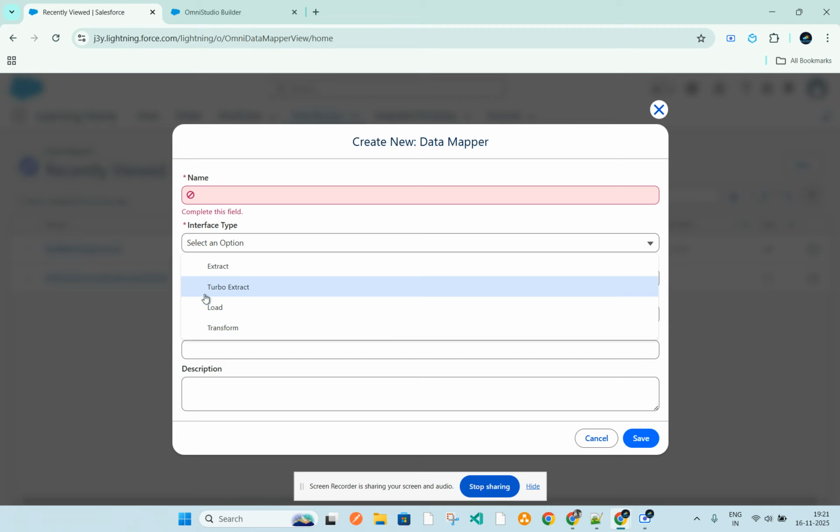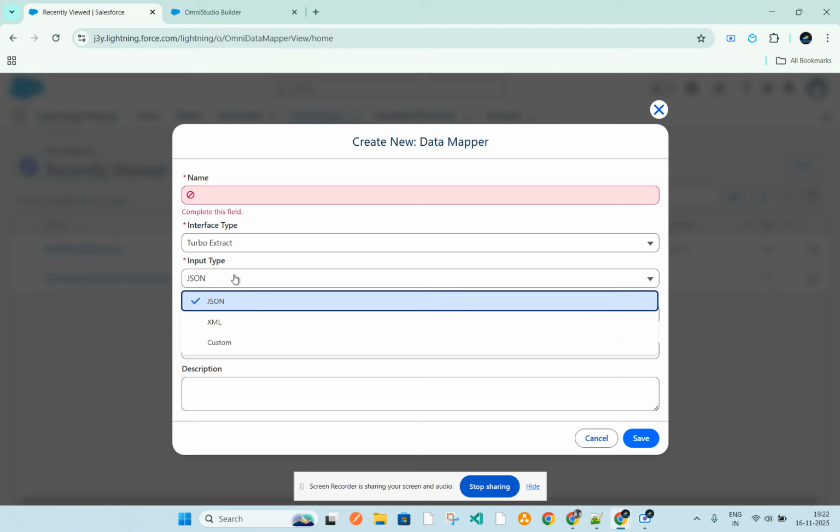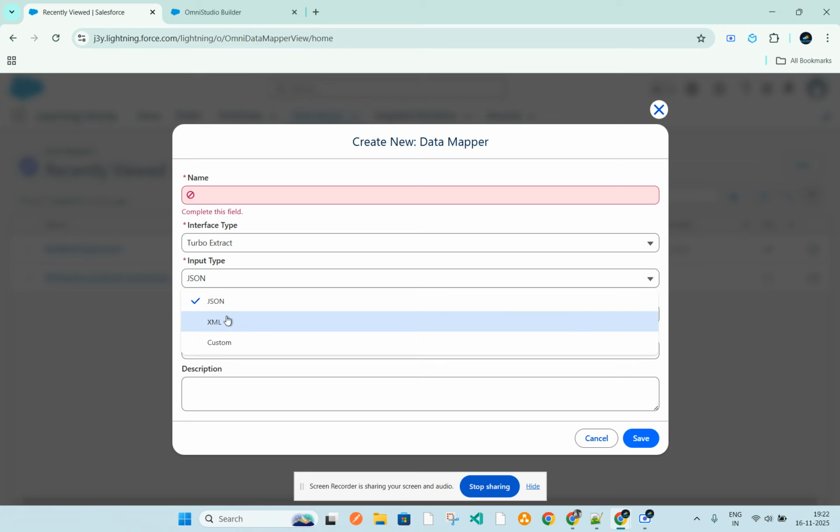So suppose for our first time creating this data mapper, I'll use a turbo extract. We can give some name. Now the input type and output type. For input type, if you click, there are three types available: JSON, XML, custom. You can choose any one of those, right? Whenever you are using OmniScript to send the data, it is mainly in JSON. You can select that. If you have a custom Apex class, then you can use a custom type,